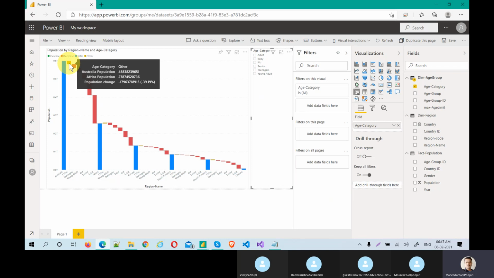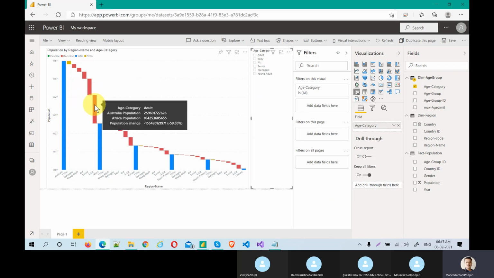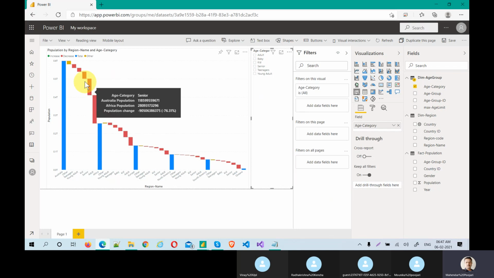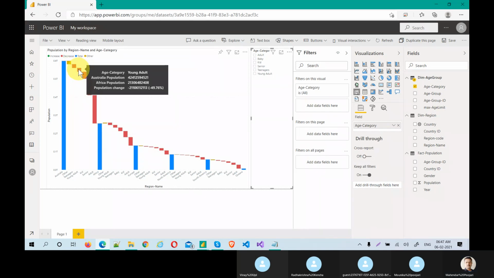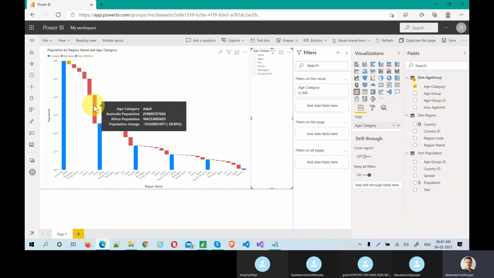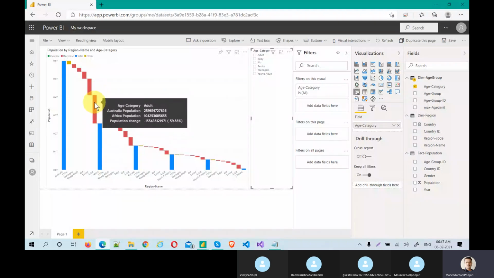So this is how you start analyzing. See, in Australia, actually, who are the most contribution? Adults are too much, and now you can tell that kids, teenagers and young adults are very less, right? Something like that you can analyze. There are also more basically.